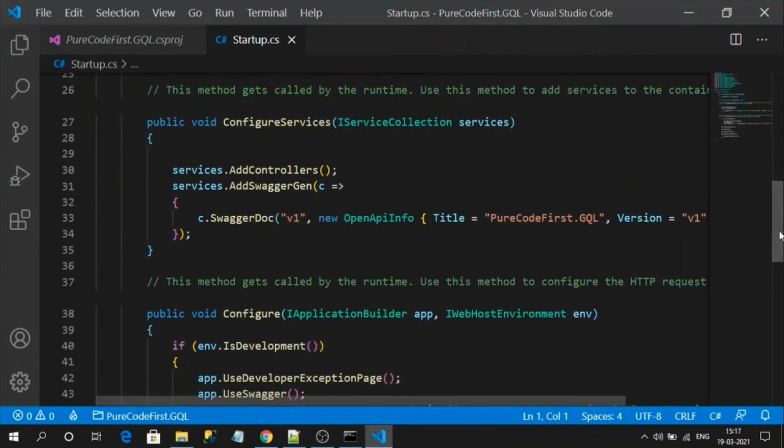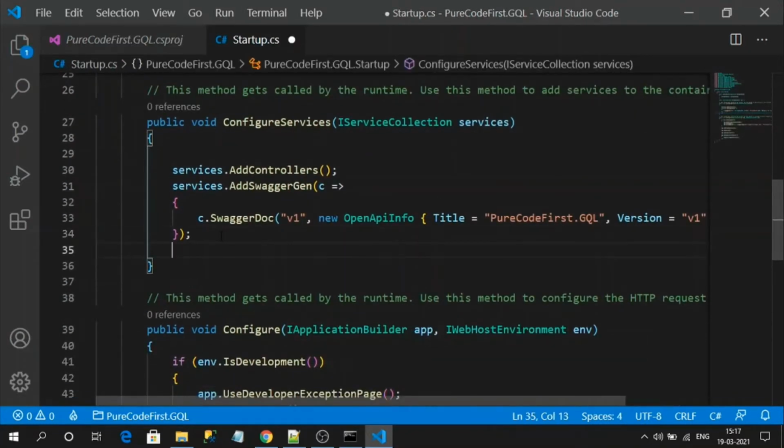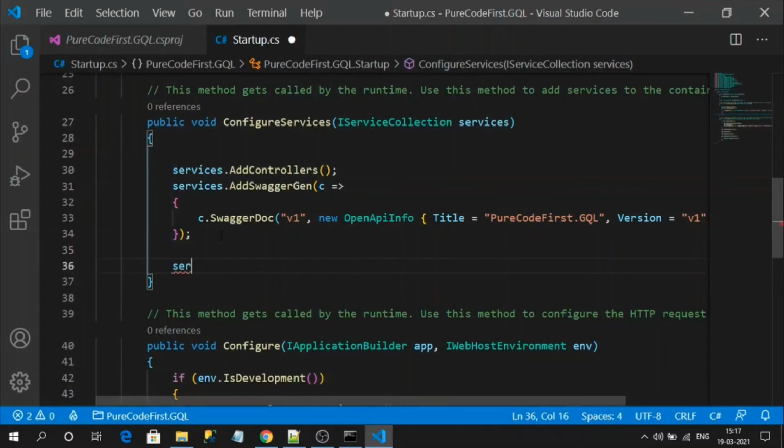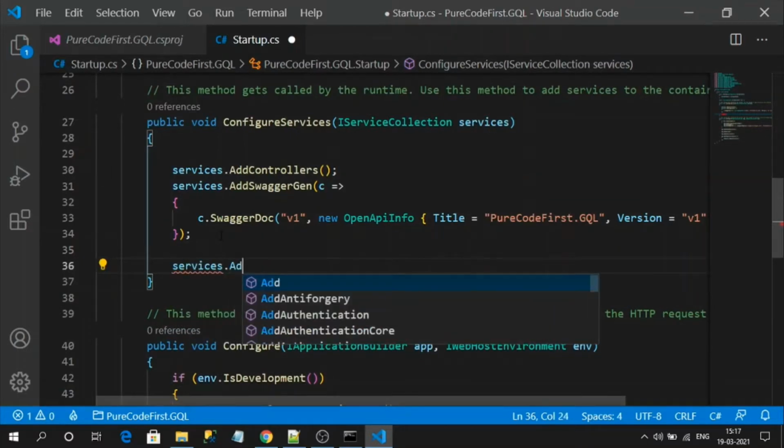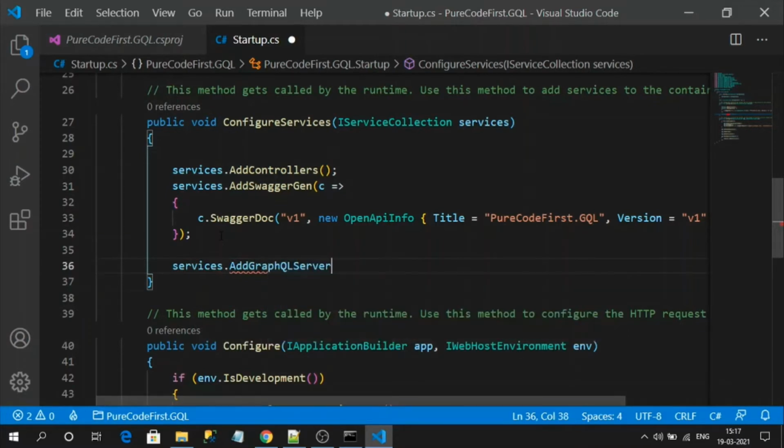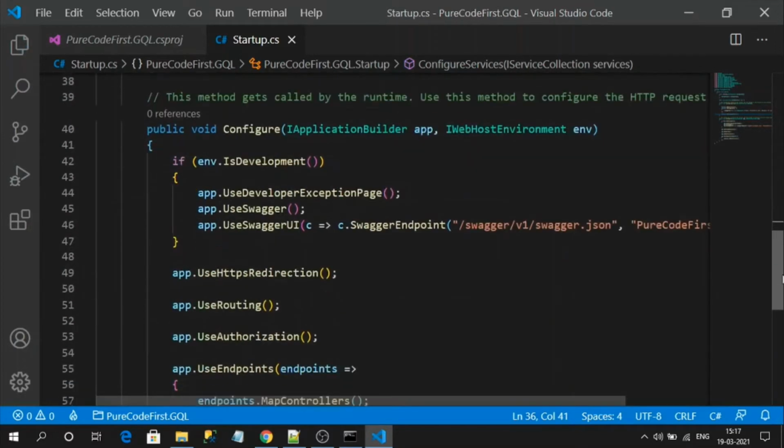Okay, here integration is very easy: services.AddGraphQLServer. You need to add this extension method to set up the GraphQL server. Okay, and next thing is